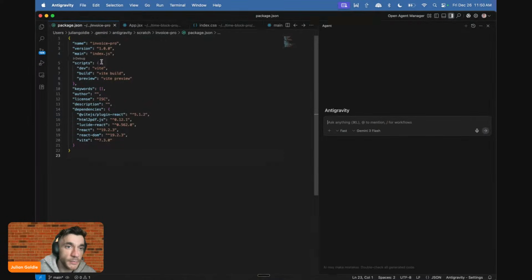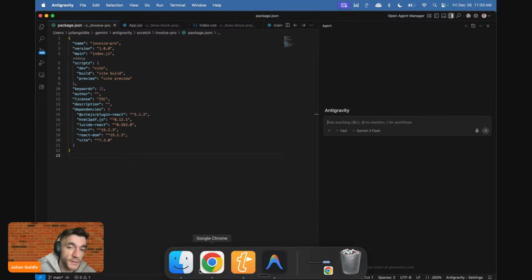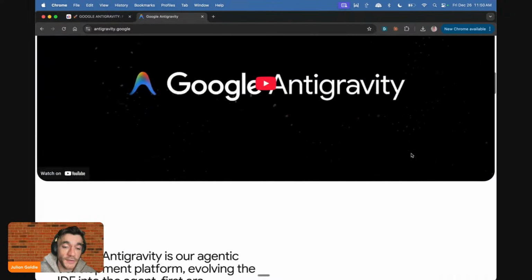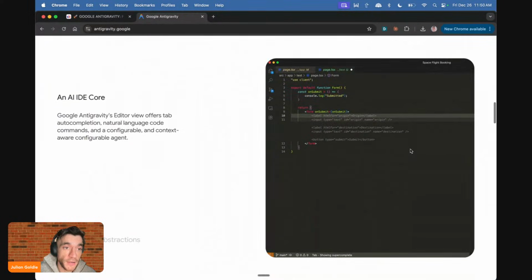Once you're in, you're gonna be able to build stuff like this, as you can see. And I'll show you, for example, how to use this to build apps, tools, websites, landing pages, almost anything that you want, and how to master it. It's very, very easy because literally you just type in simple English exactly what you want, and you can